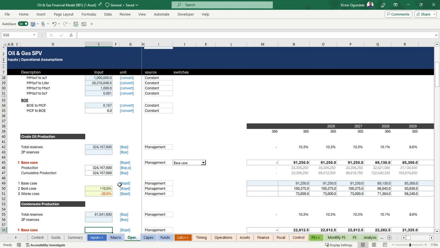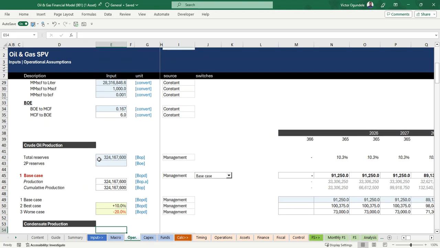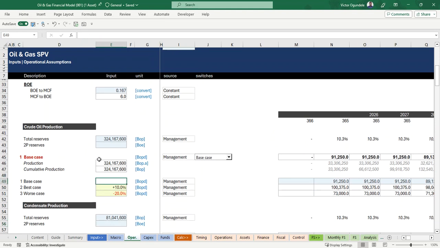But regarding this model, most times we usually consider the 2P reserves, even when we are doing the valuation of a typical oil well and typical projects. So 2P reserves have been considered in this model. Because there are different types of reserves, the level of uncertainty also comes into play, so we've also modeled out different scenarios. We have the base case, which is the expected production given to us by the management,